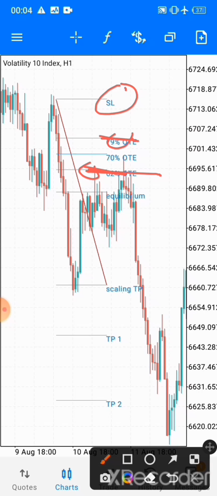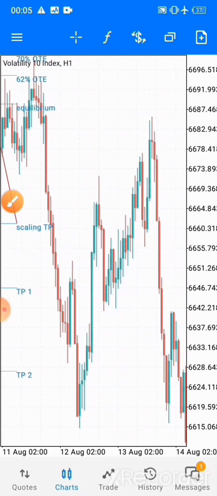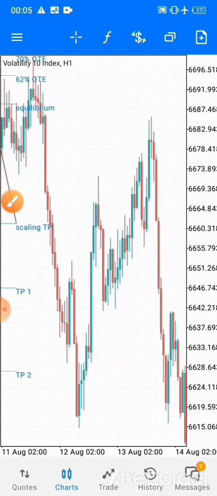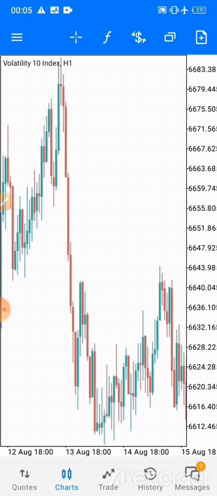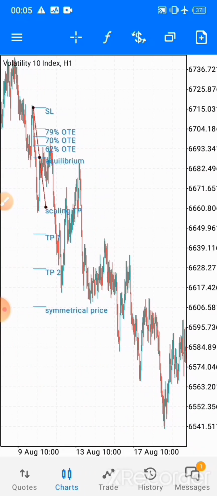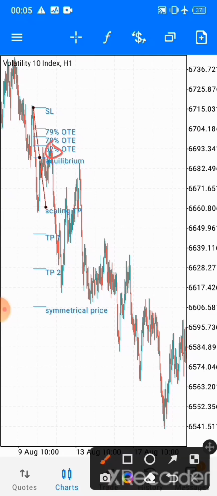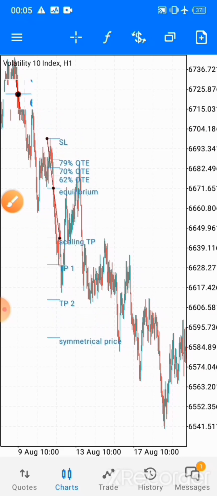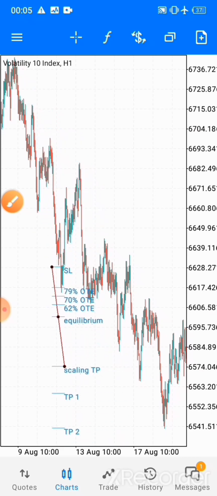I also forgot to mention that you can use this strategy on the Boom and Crash, on the volatility indices, or on any market at all. So as you can see right here, this is our first trade. You can enter right here. Since we have a broken market structure retracement, we enter, scaling TP. And for our second entry, as you can see right here, we broke